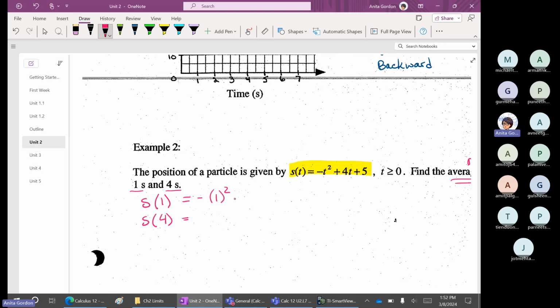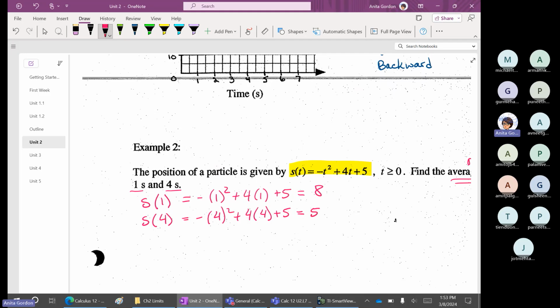I'm hoping you guys will grab your calculators here. Hint, hint, nudge, nudge. S1 is 8, okay. S of 4,